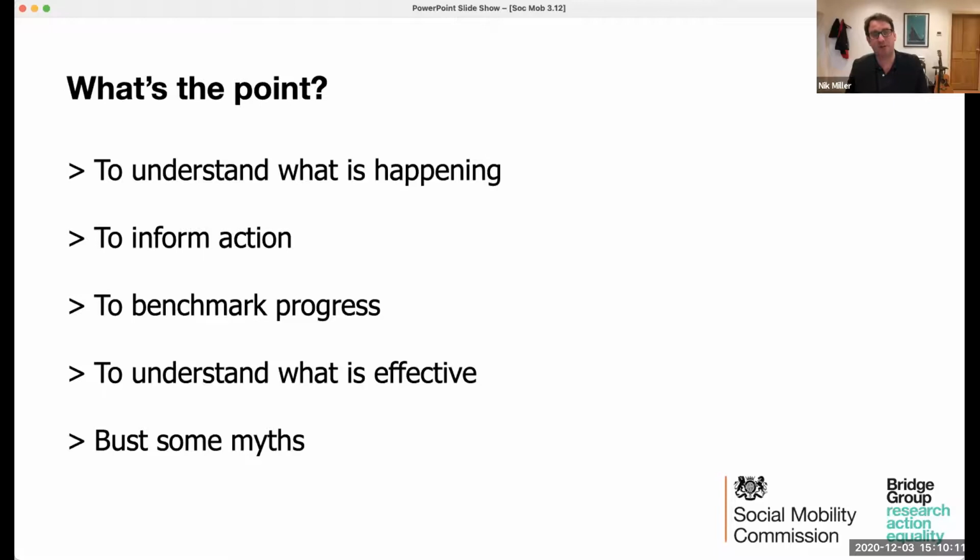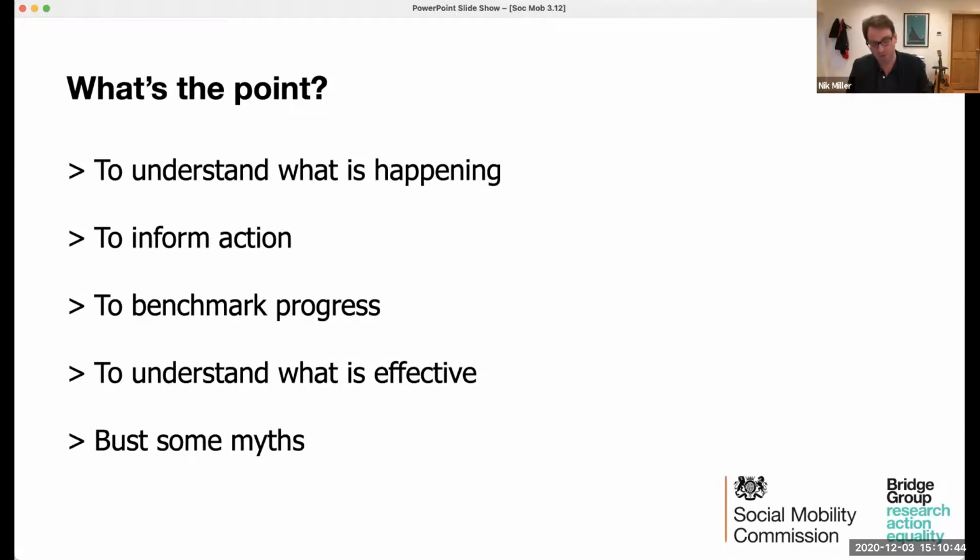Data is also really good, I've found, particularly when you're presenting to boards, at busting some myths. And here are my favourite 3 myths which we have helped bust with data. Myth 1, things will naturally get better over time. Look, we're more diverse at junior levels. Just give us a decade or 2 or 3, and the levels of diversity will flow through the company and we will be enlightened and more diverse. All of the data that we've handled in organizations suggests that will not be the case. And let me substantiate that with some examples.